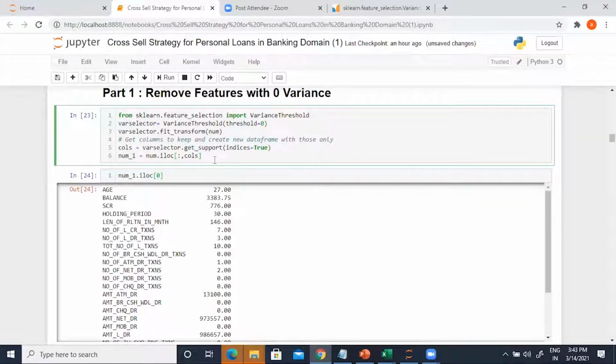Okay. Now I have a question for all of you. Here's the question: why do I need to do this? Those features with zero variance may not be having an impact on the target variable.